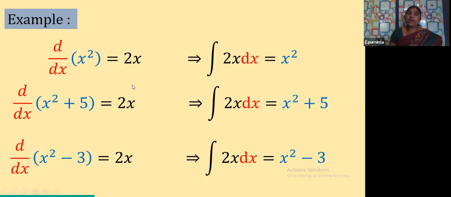That means when you are integrating this derivative, I should get back the same function. But what I am getting here, because whenever the function is same here, the integral should also be same. Yes or not? The answer should be same. When the question is same, the answer should be same. Yes or not? So here, what is the integrand here? It is 2x. But what is the integral? It is x square. And what is the integrand here? 2x. And what is the integral here? X square plus 5.